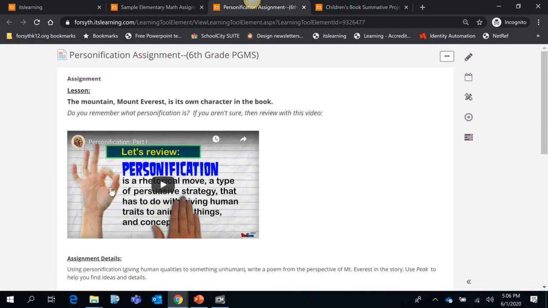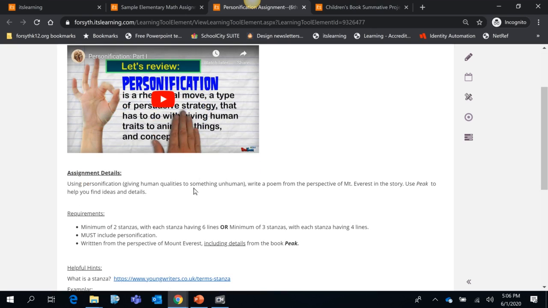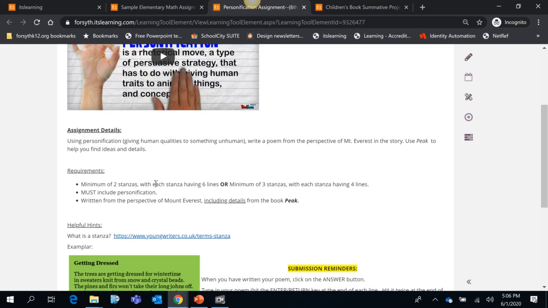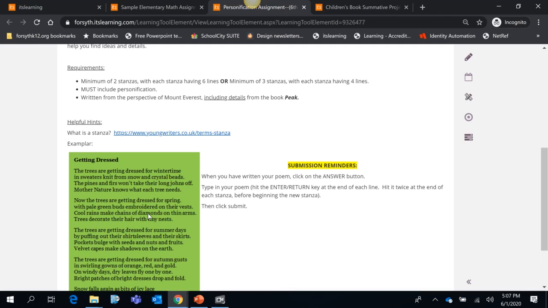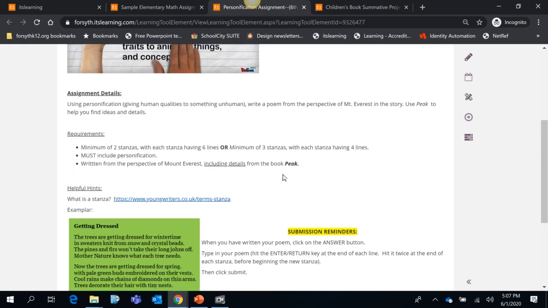This one's very similar. The teacher embedded a video just showing you what they mean for the topic of personification, and then the directions are that the students are going to write a story or a poem from the perspective of Mount Everest. And they put all the requirements. When you do an assignment, it's really good to put details in there of what you want the students to do. Notice this one actually put an exemplar picture and then a few reminders on how to actually complete the